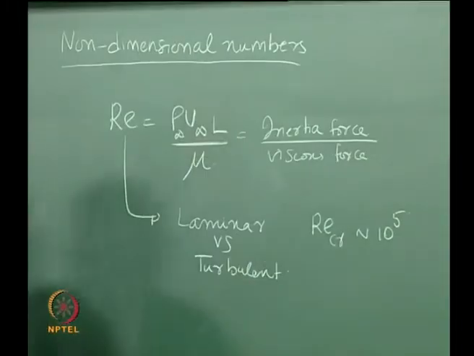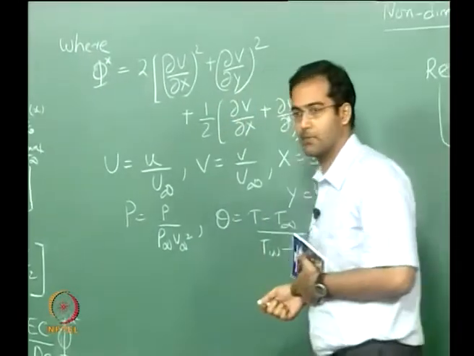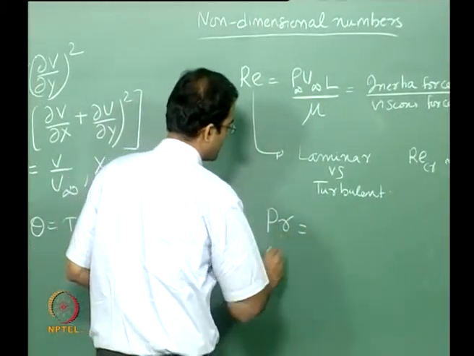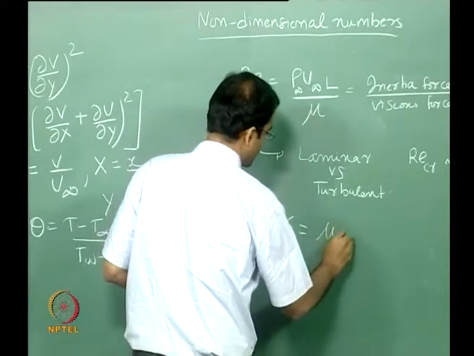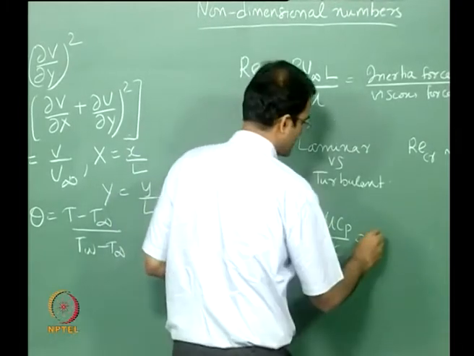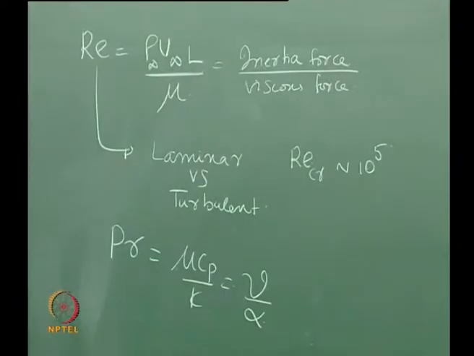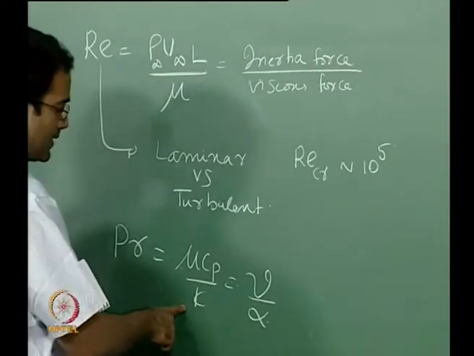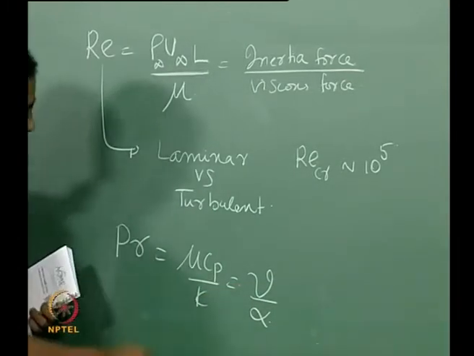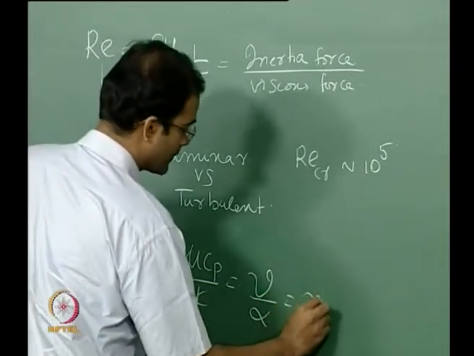Now let us move to the other non-dimensional number. What is the other number that is appearing here? Prandtl number. Your Prandtl number here is basically mu Cp by k, which, if you write in terms of diffusivities, is momentum diffusivity by thermal diffusivity. So you can divide and multiply by rho. This mu by rho is your nu, and k by rho Cp will give you 1 over alpha basically. So this is your momentum diffusivity.